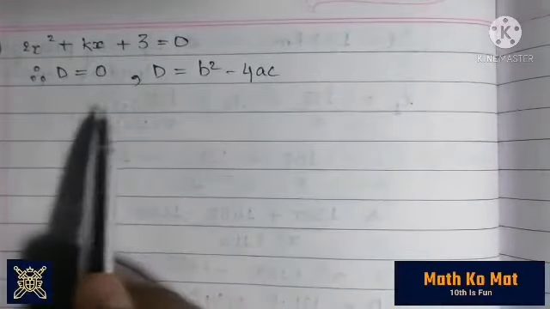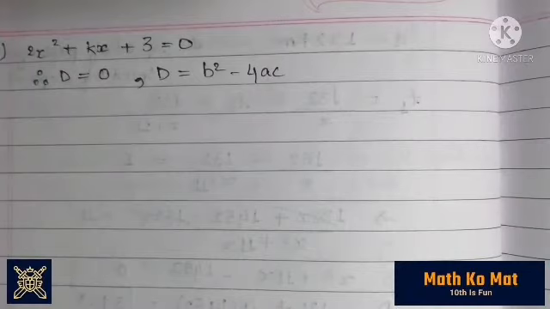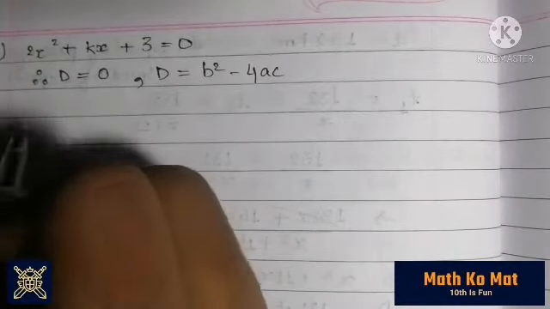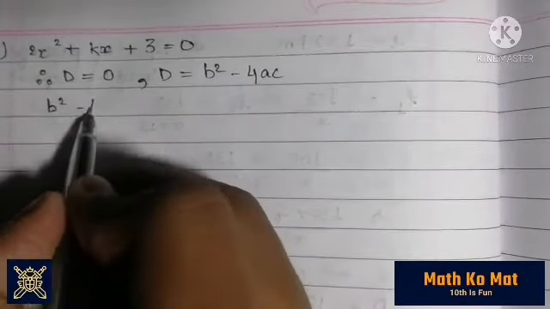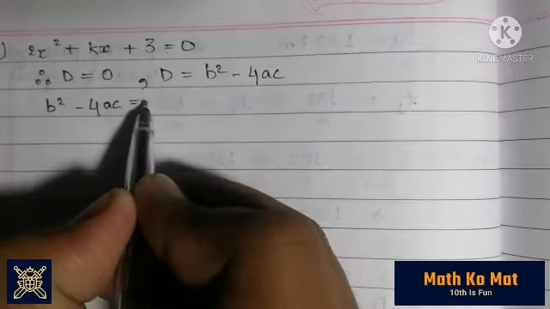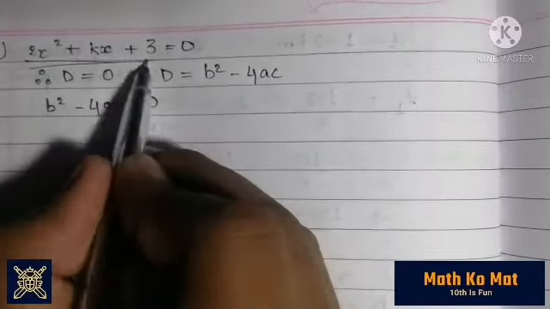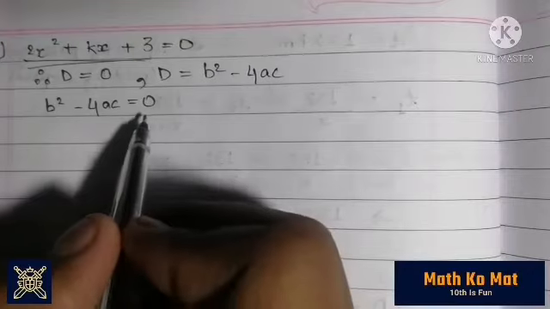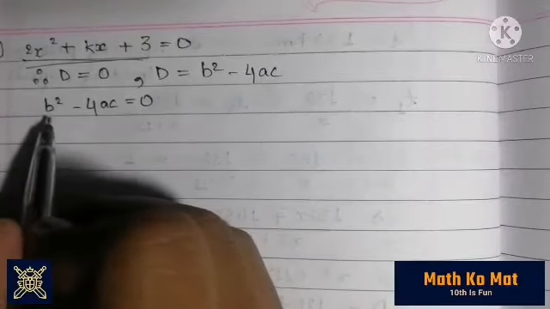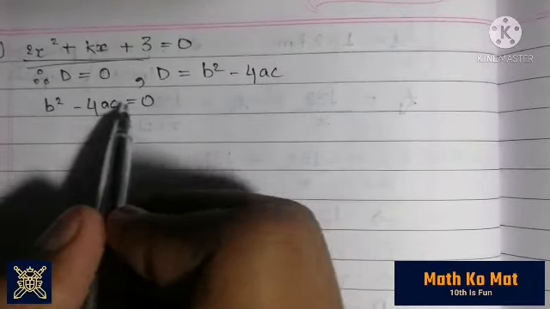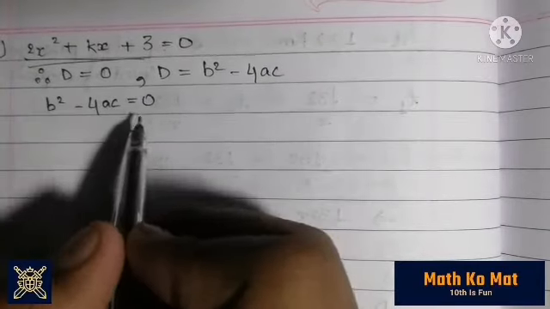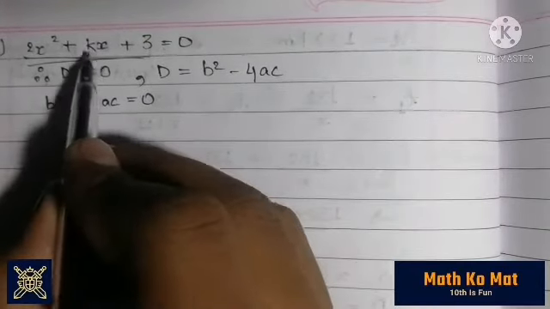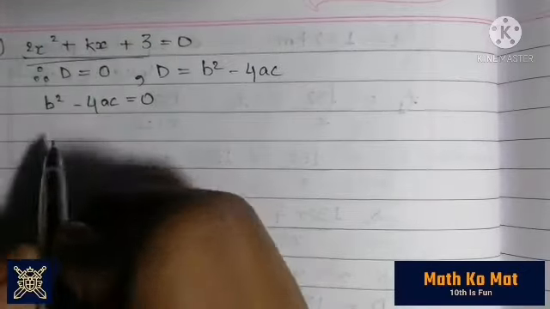So from these two equations, we get that b square minus 4ac is equal to 0. Now we are going to put the values and equate them to 0. So b square is equal to 4ac. Here b square is k square